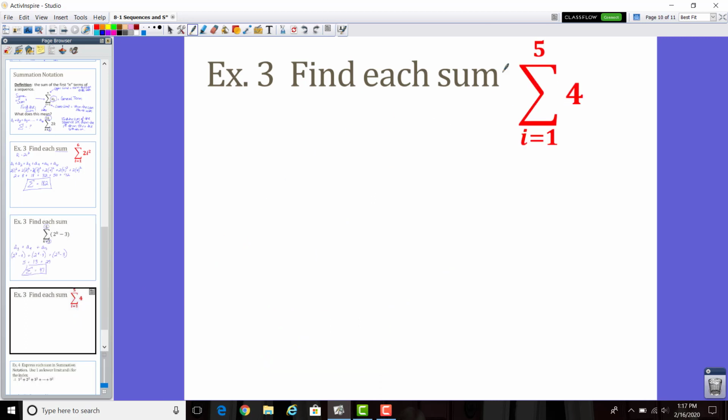Last example here, remember that if our index is i, then that means a sub i equals our general term of 4. This general term is different than any of the others because it doesn't have a variable. That means we can't manipulate what this value is. If a sub i equals 4, if I want my first term through my fifth term,